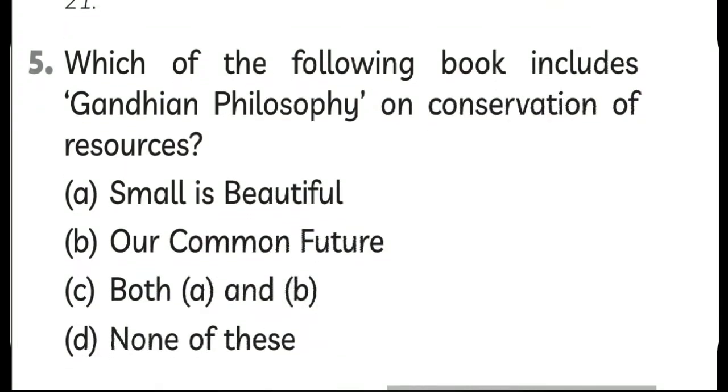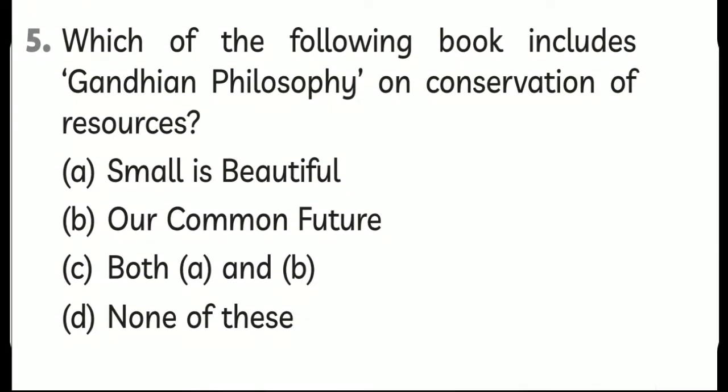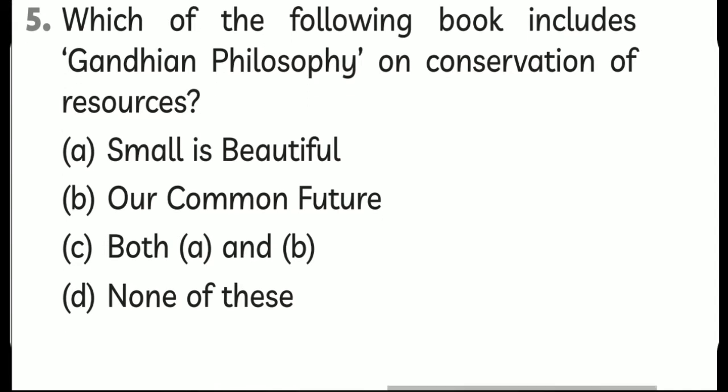Now let's move on to our next question. Which of the following books includes Gandhian philosophy on conservation of resources? A. Small is Beautiful, B. Our Common Future, C. Both A and B, and option D is none of these. And your answer will be